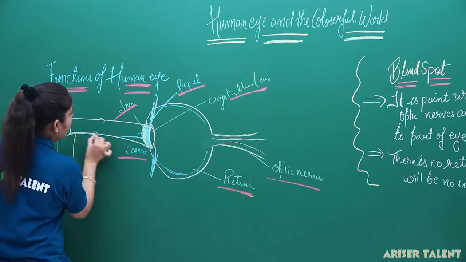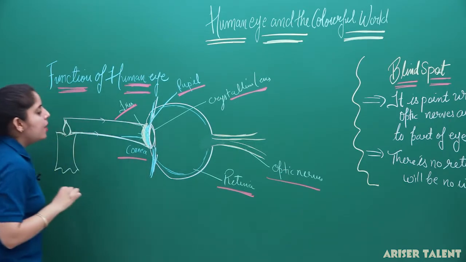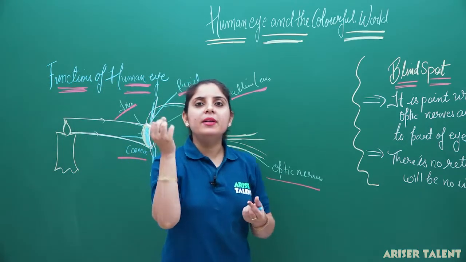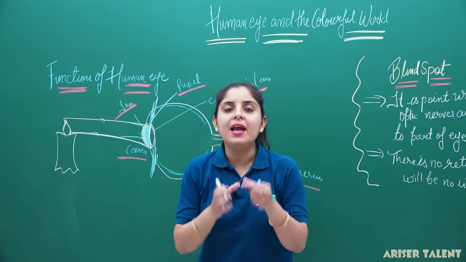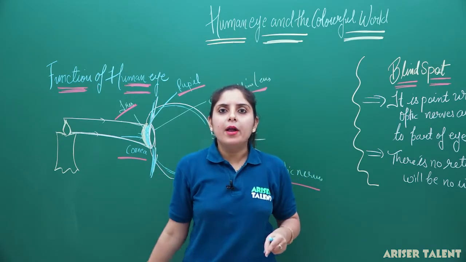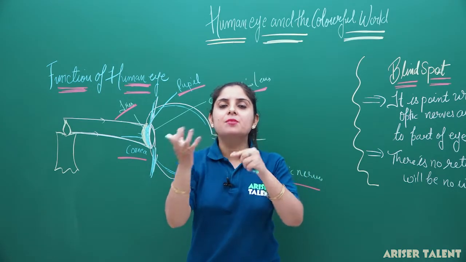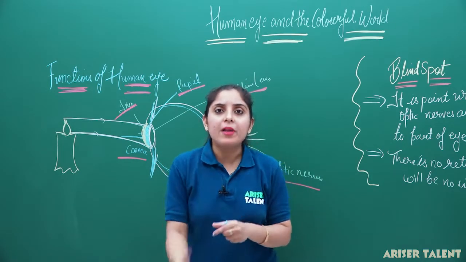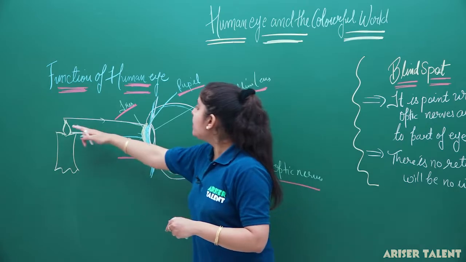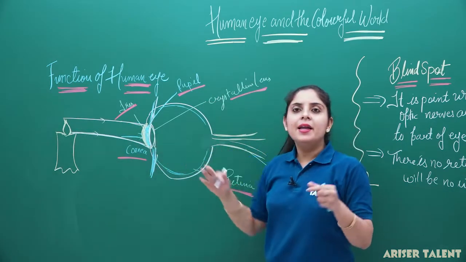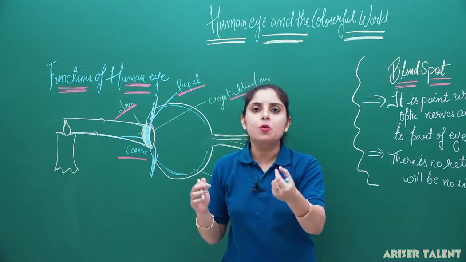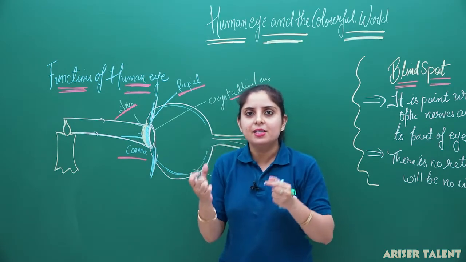Light rays are going to fall on that part. Now, what will the pupil do? The pupil will determine or detect the intensity of the light, and the iris will regulate those light rays. It will expand and contract according to the amount of light falling on it. So, if the light rays fall on that part, they go through the cornea. After that, they go to the pupil, and the iris is located here, which is going to contract and expand